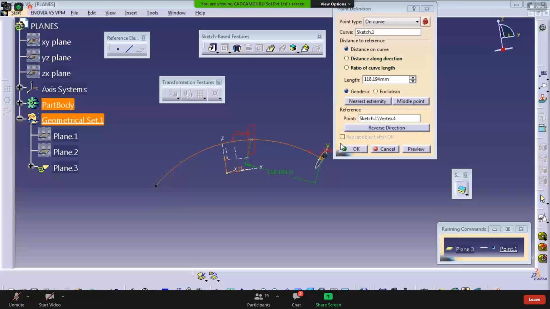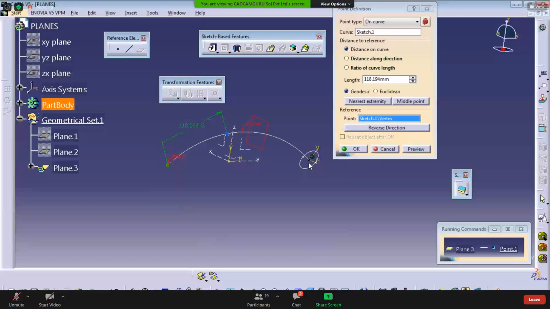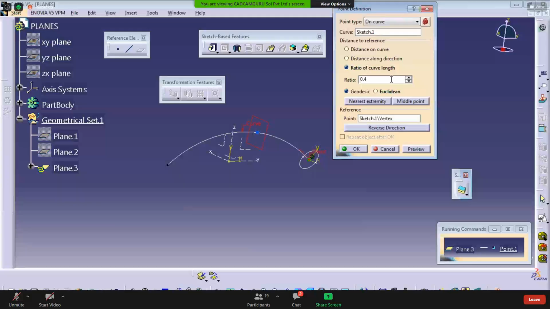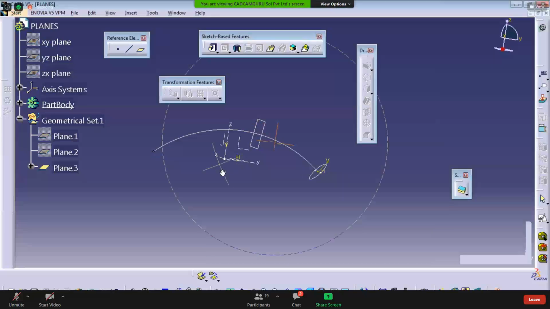Sir, how to change the zero location? Zero location, you can change it to a reference. Do you see this? Reference you have to define here. So this becomes 0 now, and change the reverse direction, so the point goes towards the above side. And if you want to change the location here, this becomes 0. It depends on you which one is considered 0. Again, go reverse. And now the ratio I'm considering 40%. Click OK. The plane gets created here.